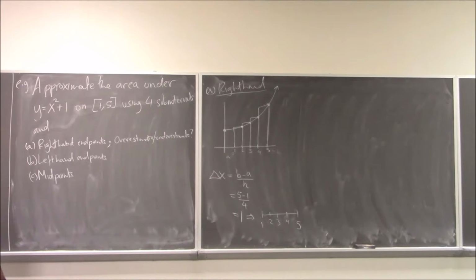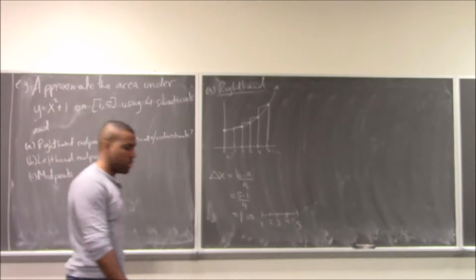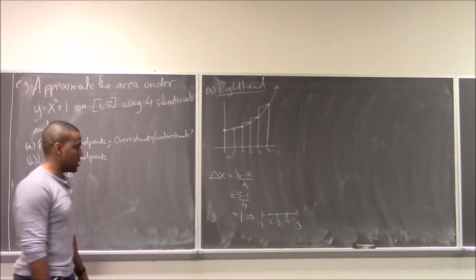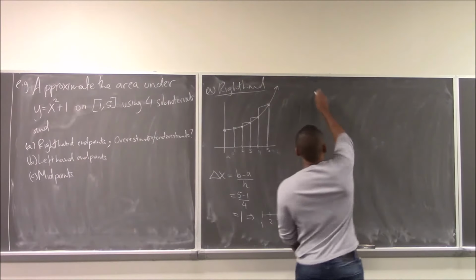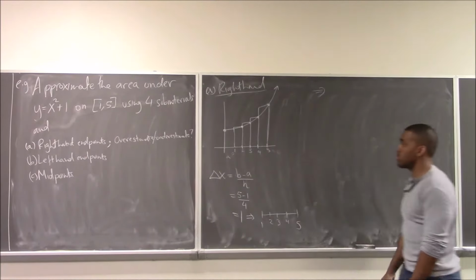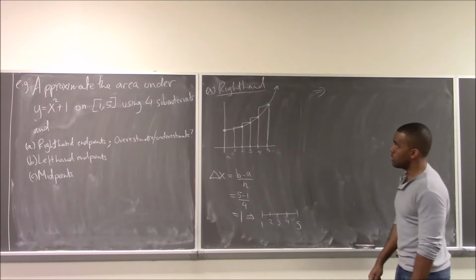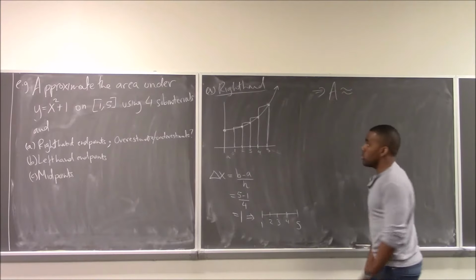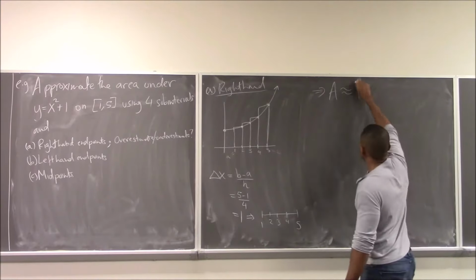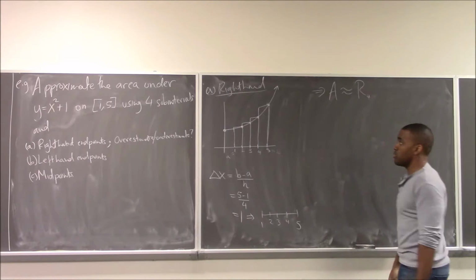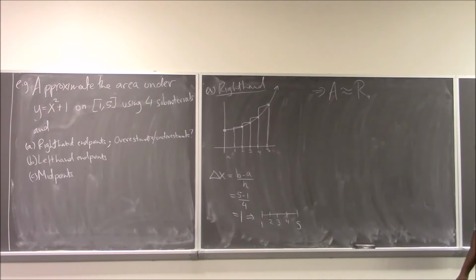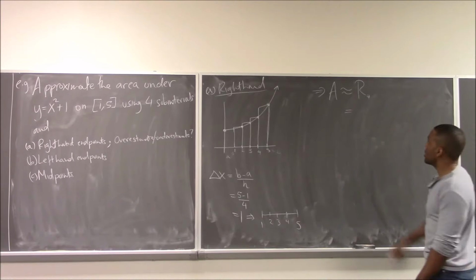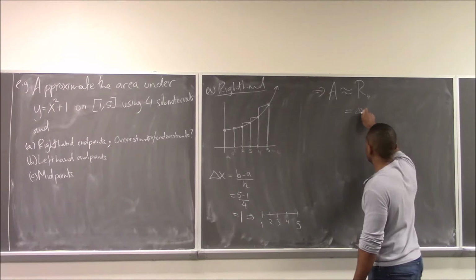So that's what the picture looks like. You can kind of already tell it's going to be an overestimate. It's kind of obvious here. Not always is it going to be so obvious. And so this would mean the area is going to be approximately equal to, I'm going to call the notation here R sub 4 for the right-hand rule with 4 subintervals, which is essentially delta x times